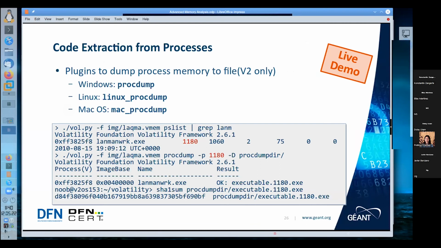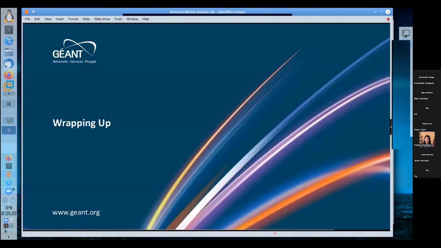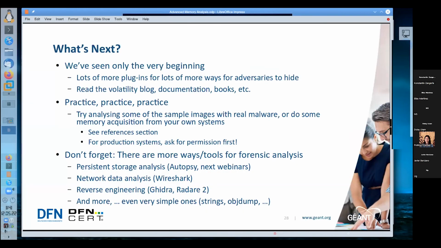But sometimes we're just lucky and get a direct hit with VirusTotal or anything else. And I'm already nearing the end of my presentation. 45 minutes, just a very short span of time. As I've told you, we've seen only the very, very beginning of what Volatility can do,